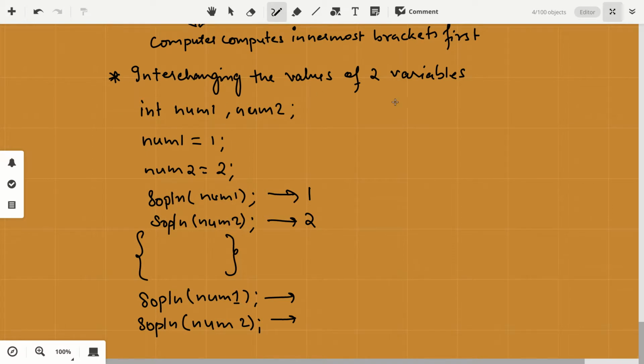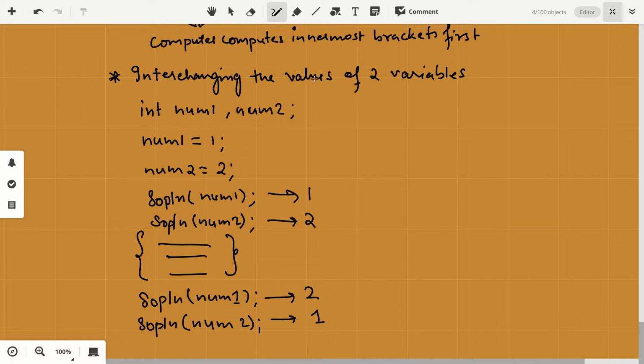That is, they mutually interchange their values. And how will it happen? I'll write some lines of code. We'll just figure out what those lines of code will be. And then when I print, num1 will display 2 and num2 will display 1. That is, the value of num1 will come to num2 and the value of num2 will come to num1.